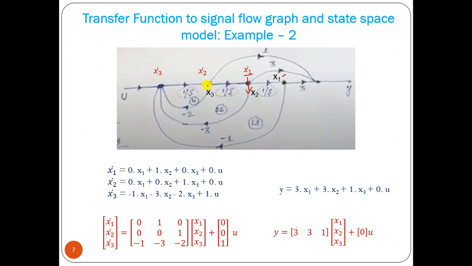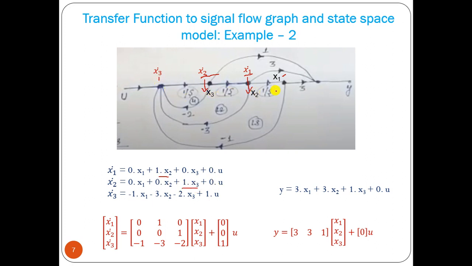Okay, then the input of that integrator, before that it will be x2 dot, that will be equal to x3, and before the integrator it should be x3 dot. Now you can form the equation: x1 dot is equal to x2. It is not connected to x3 and x1, and not u, so only x2 equals 1. x2 dot equals what? Only x3. x1, x2 are not connected, u is not connected, so only x3, other terms are 0.